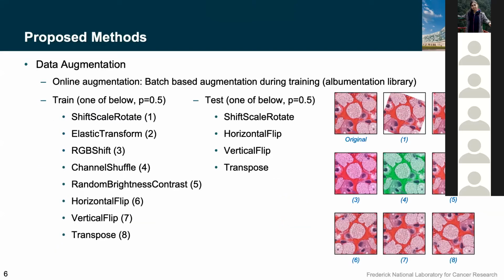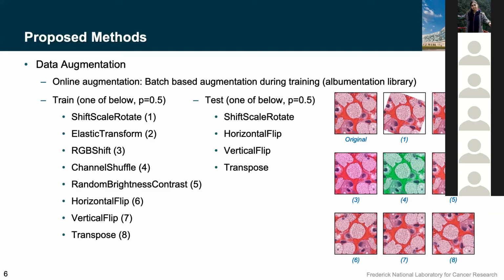We also apply data augmentation. We applied data augmentation on the fly, which is called online augmentation. So when each batch is fed to the network, we apply augmentation. We believe this helped us prevent overfitting of our network. We'll explain more later in detail, but we also utilized unsupervised domain adaptation.